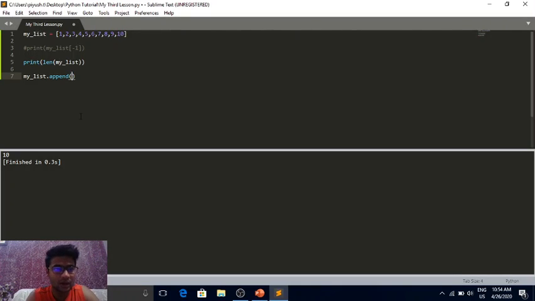Now my list dot append, let's say I want to add 20 and not 11. So my list.append, print my list, Control B. So here's the list. You get 1 2 3 4 5 6 7 8 9 10 and 20. Okay, so we've looked at len and append as methods.